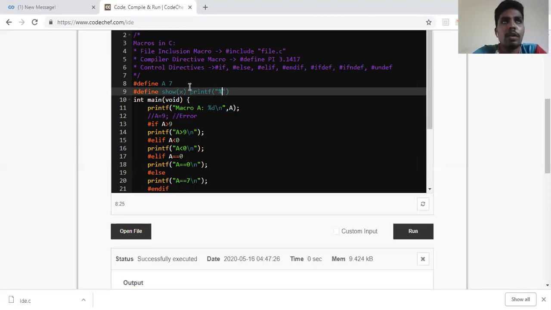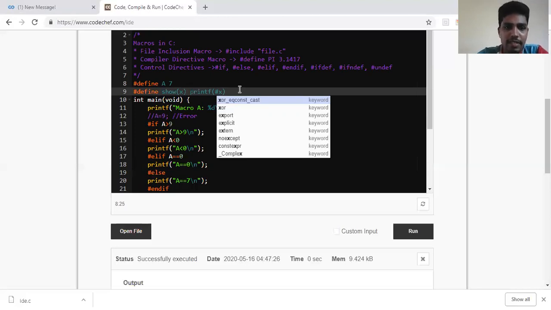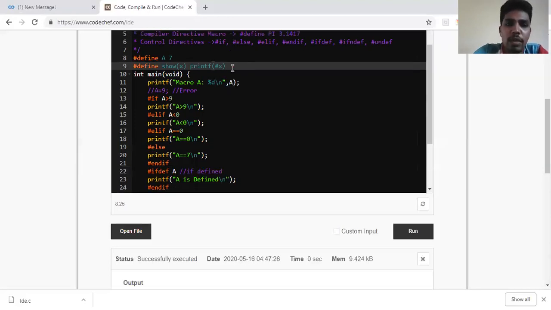So what we'll do here is print this in the form of a string. By default, we have a special function here. So I can write hash x. What's the meaning of this hash x? It directly converts whatever you have given as a parameter into a string and prints it.